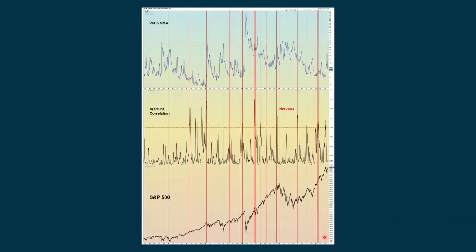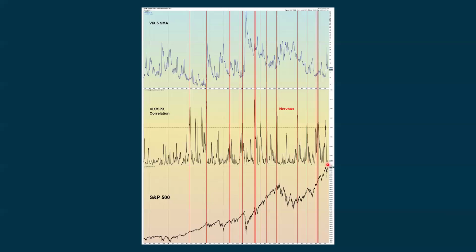Another study that we do with the VIX is we look at a correlation between the VIX and the S&P 500. When we get above this dashed line here, that means the market is getting nervous. And sometimes we see this with this chart, but we may not be seeing it with our other VIX studies and other VIX charts that we look at. Right now, we're getting a very low reading here. So this chart is not giving us an awful lot of additional insight,